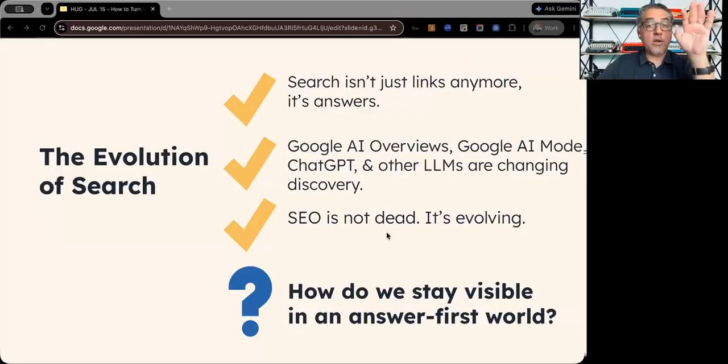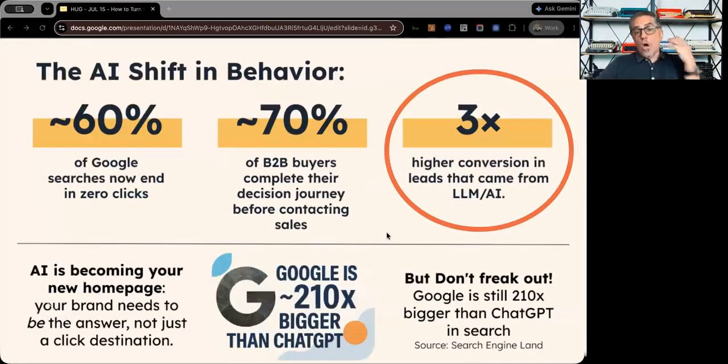Everybody knows most of this. I'll go very quickly through this because you probably saw it 50 times if you've been coming to my events and our events. Search is not just blue links. People are using AI to actually search and have conversations and talk about products and services and finding companies and all that stuff. Also, 60% of Google searches are now zero clicks, which means zero click marketing is a thing. If you're following Rand Fishkin, he talks a lot about zero click marketing.